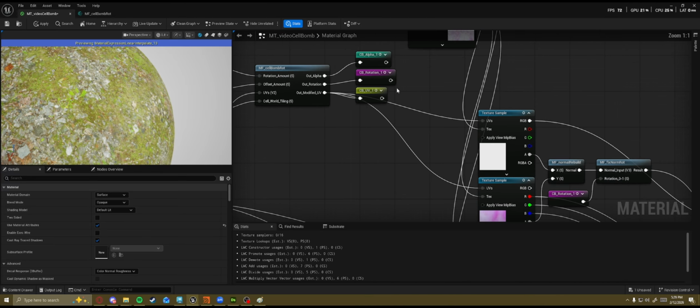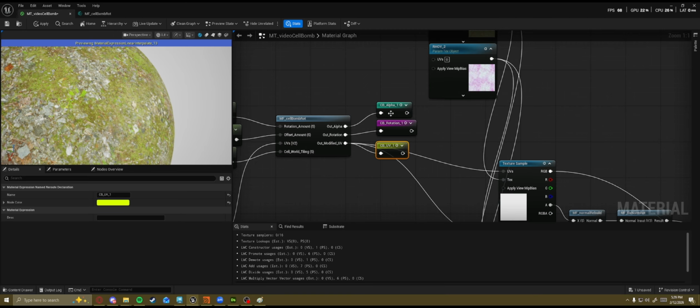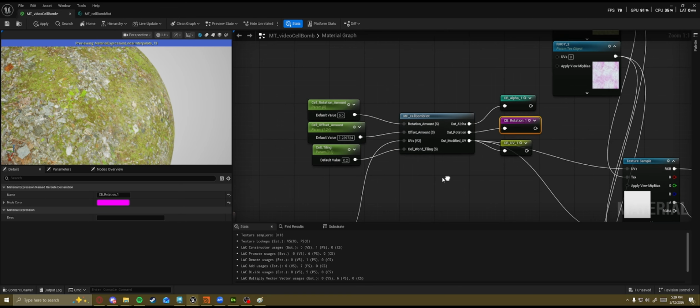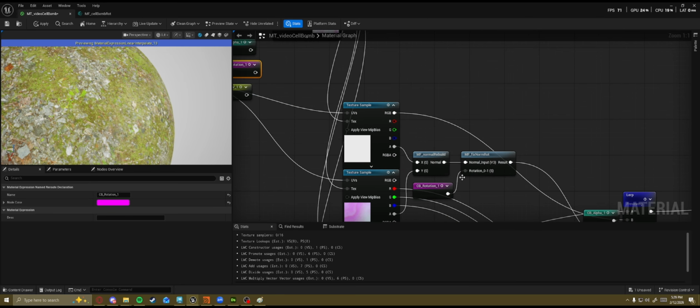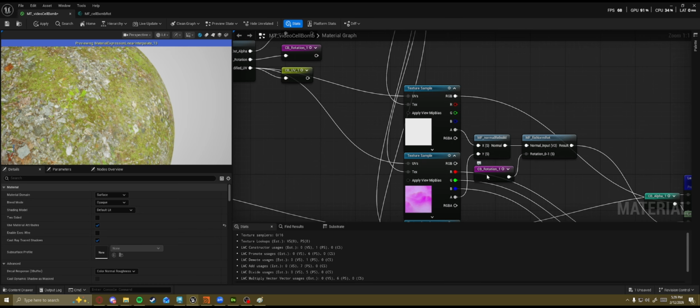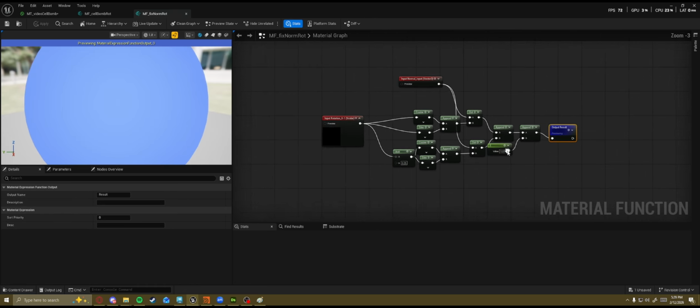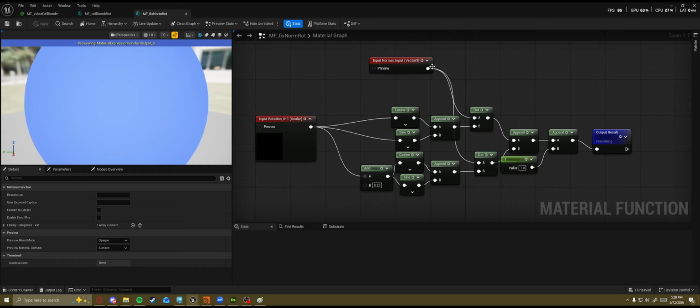To fix it, keep the value that you have between 0 and 1 that you used here, and plug it into another material function just for the texture that you have offsetted and rotated. So let's go see what it looks like. Looks like that. So it's basically just math formulas